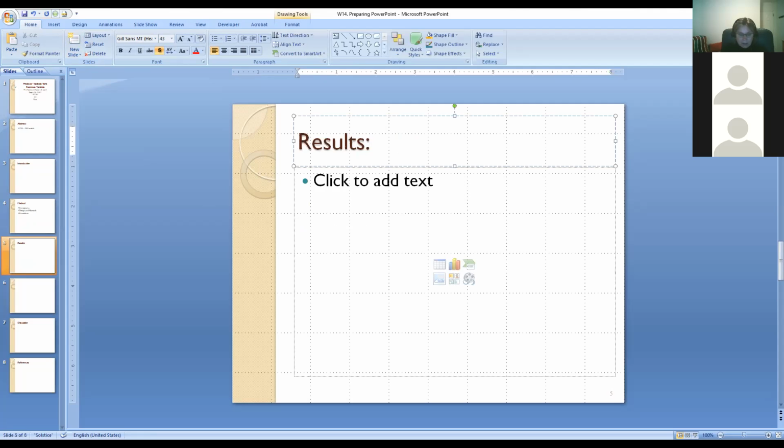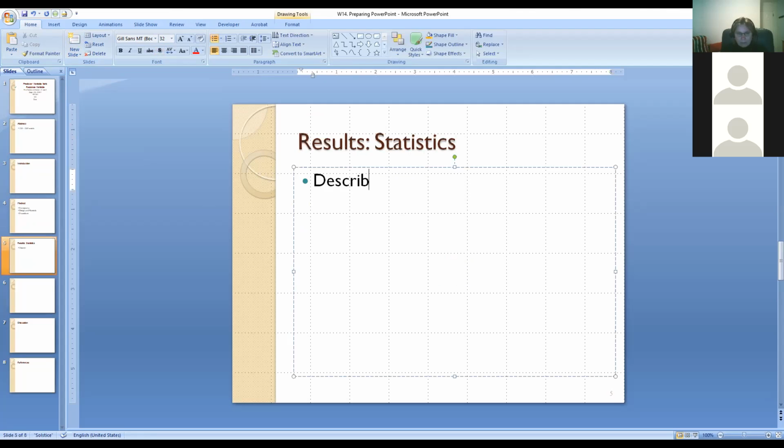We can say results, statistics, for example. Here you'll present your numbers and your chi-square. So you'll have at least 2 things. You have descriptive numbers, and if you want, you can have your 2x2 contingency table if you wish.